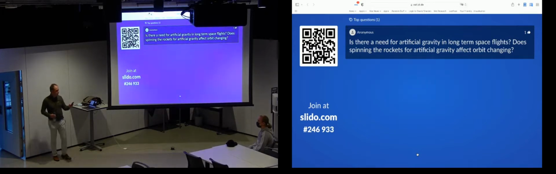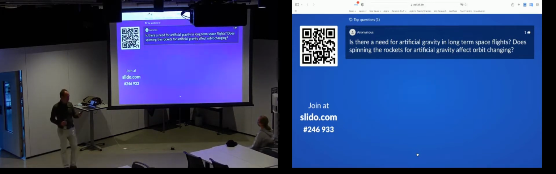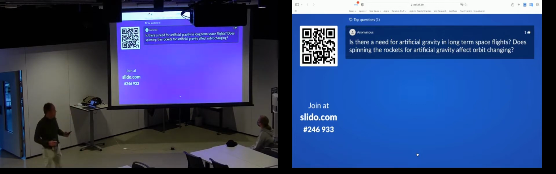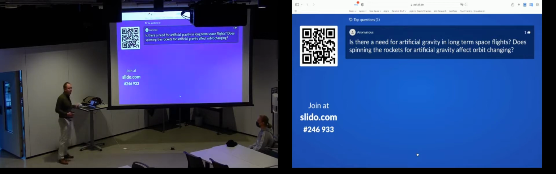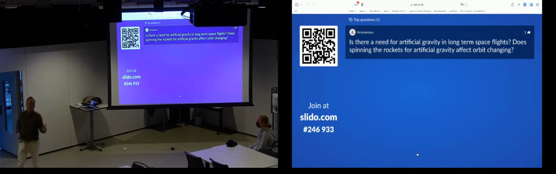Is there a need for artificial gravity in long-term space flight? Does spinning the rocket for artificial gravity affect orbit changing? So that's interesting. I would argue that if we really are going to explore the solar system in any way, shape, or form, anything beyond Mars or anything like that, we do need to generate artificial pseudo-gravity on a spacecraft. Now, if we spin a spacecraft, in fact,